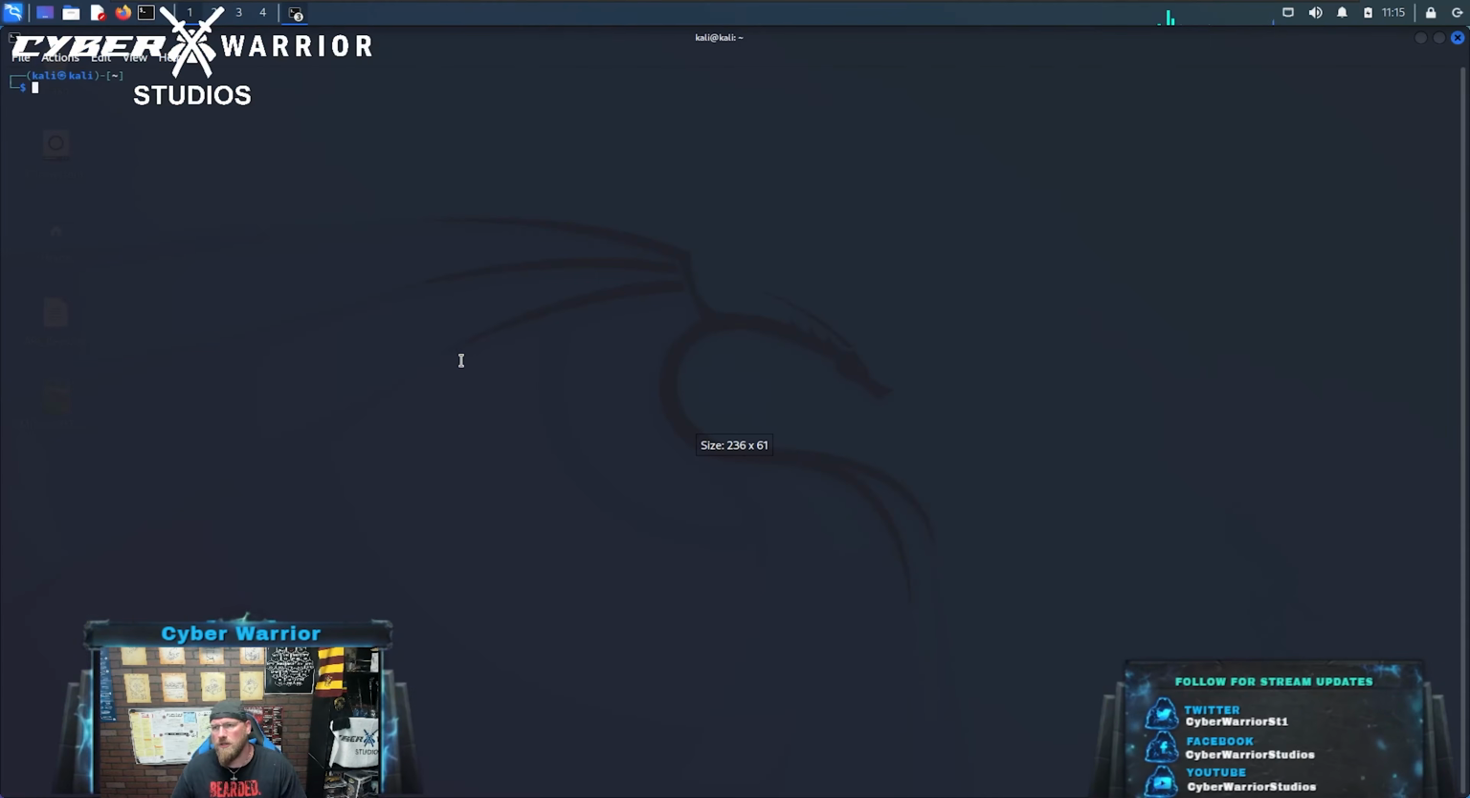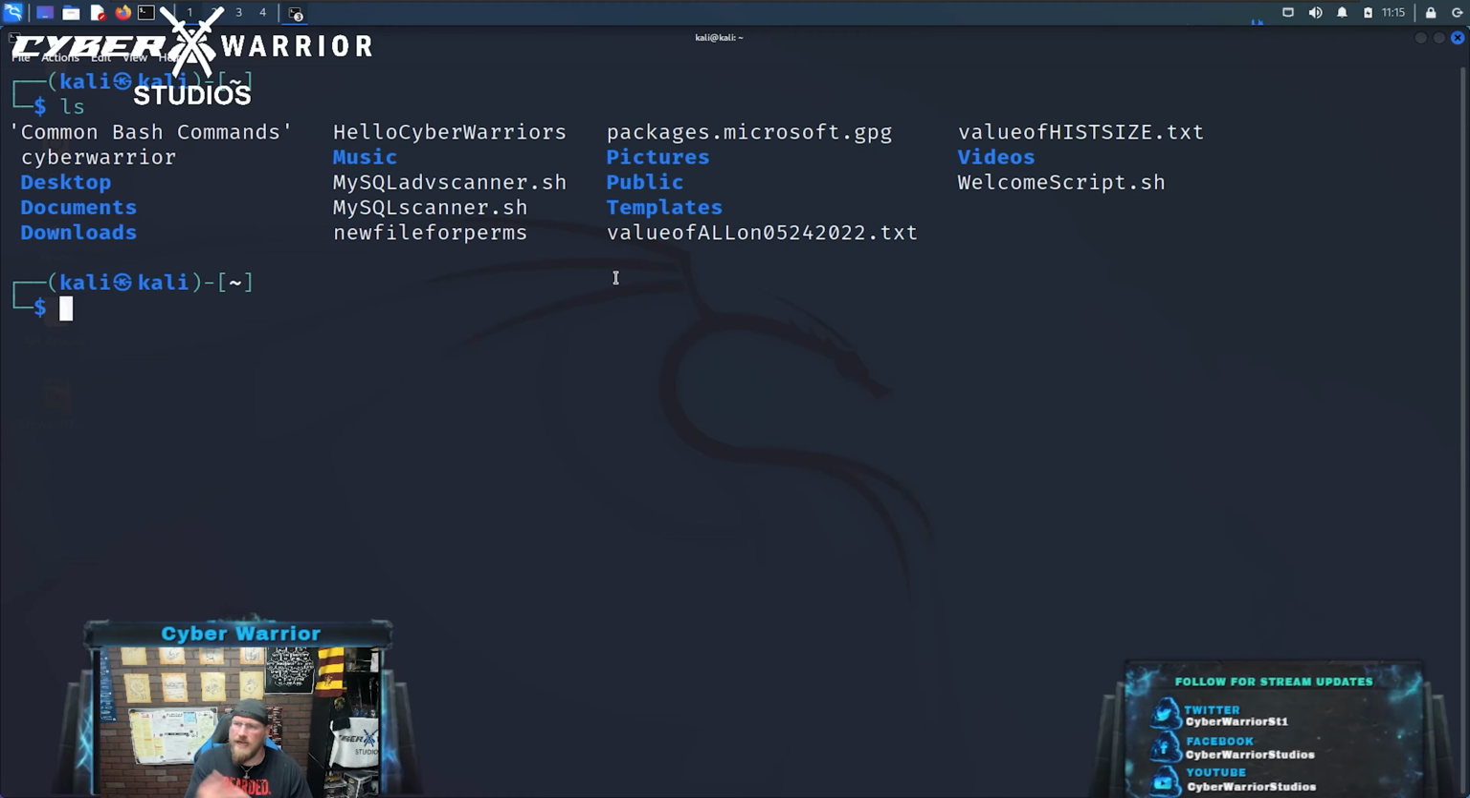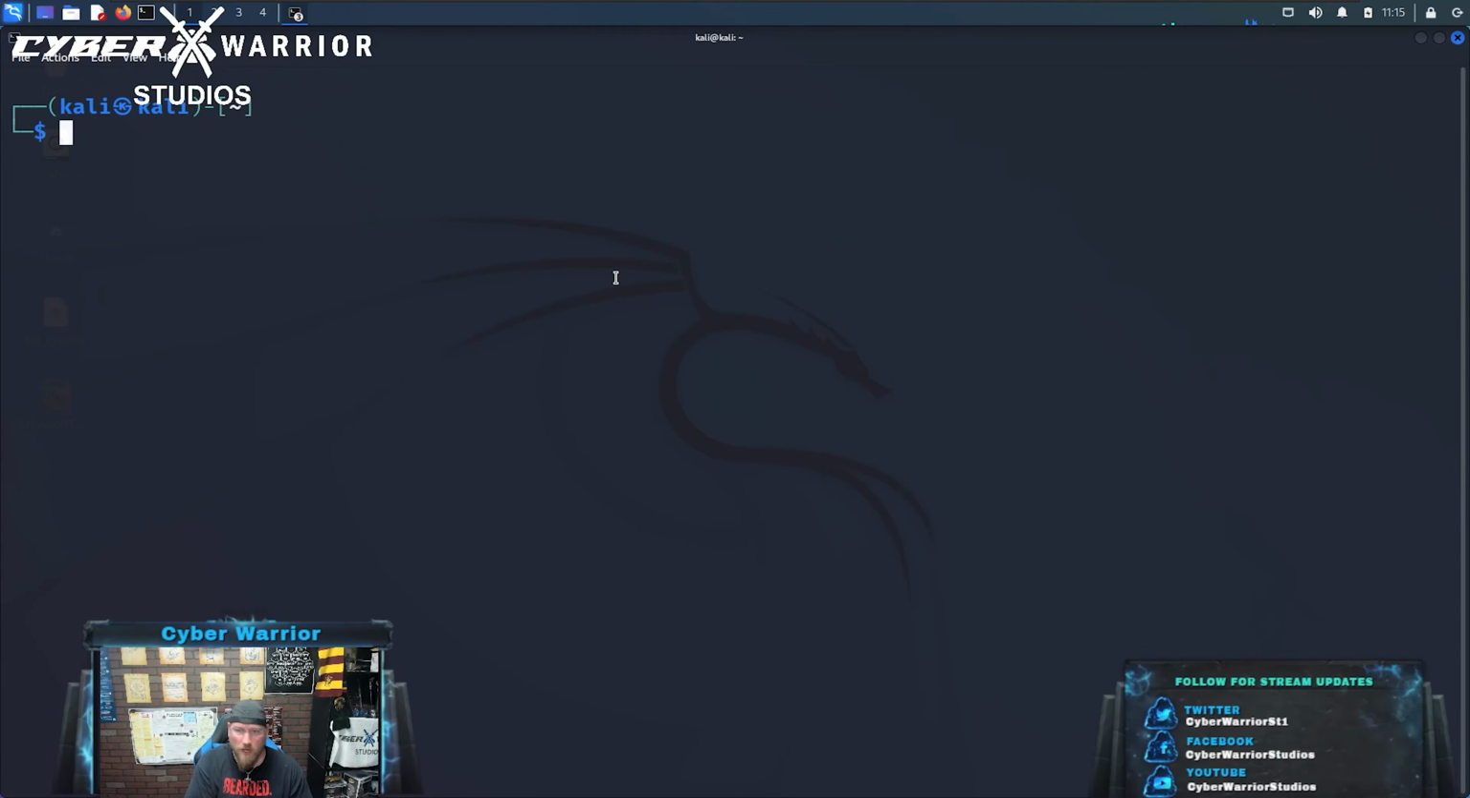So, first thing we're doing, we're already logged into Linux. We're going to make my screen bigger so you all can see it. And we're going to do ls. We're going to see, I already created all the scripts. Alright, they're all there. Every single one of them. So, the first one we're going to look at is going to be